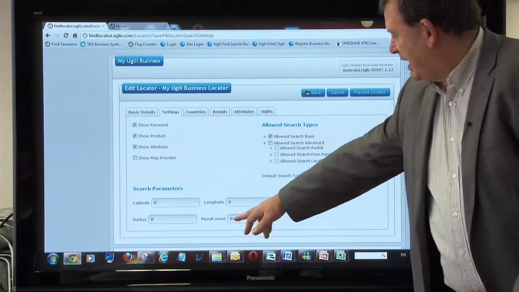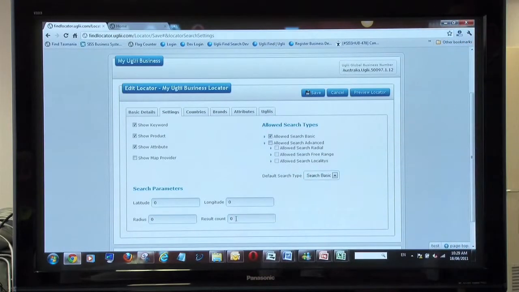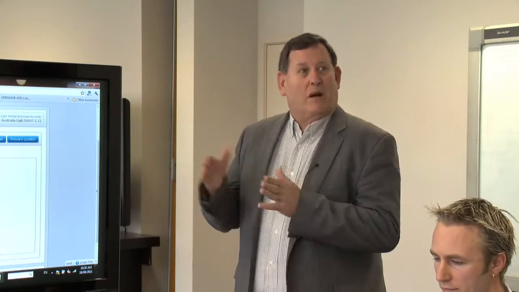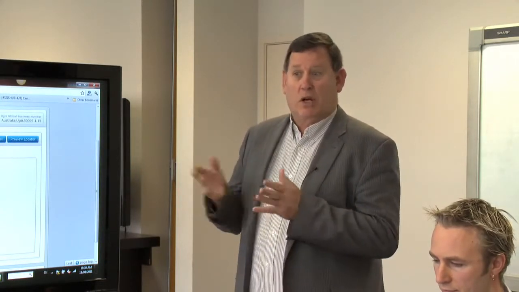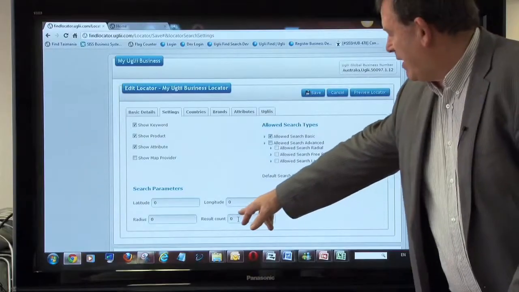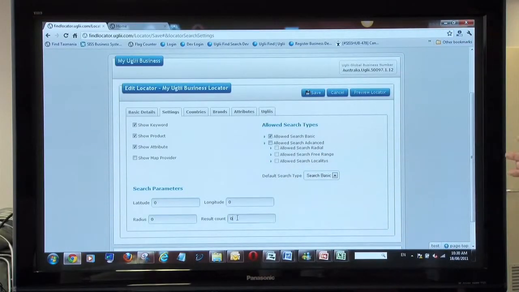You can also limit the results. You can go up to a maximum of 200 or down to 1 if you only wanted to show 1. For some businesses, they don't want to give away their complete supplier list, and so they want to restrict it down to a small number, and it will only show whatever maximum you put there. Let's say we'll put in 10 for now,